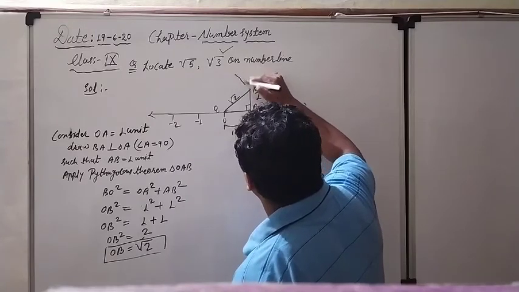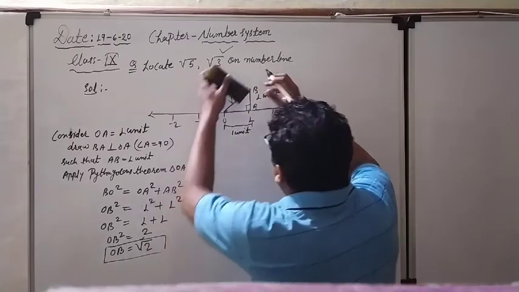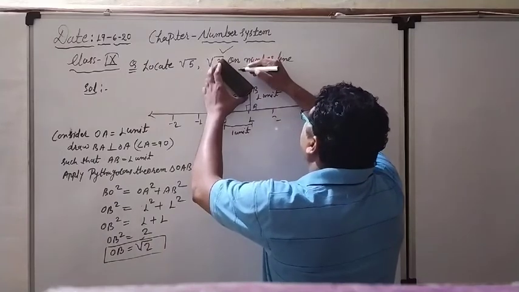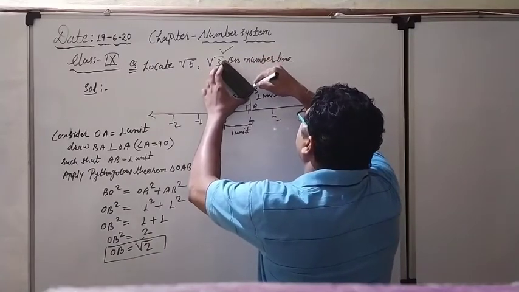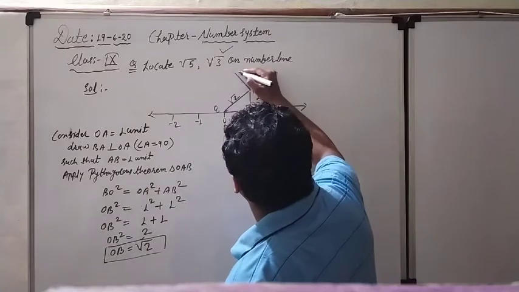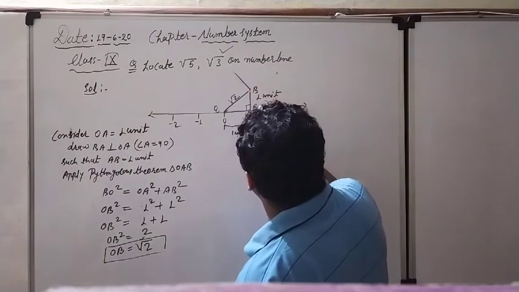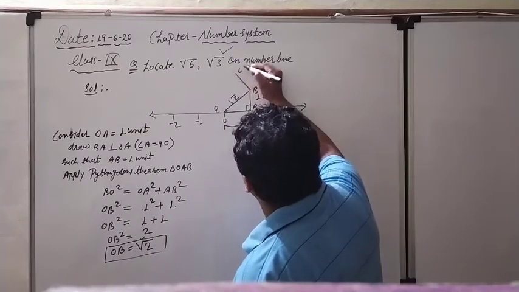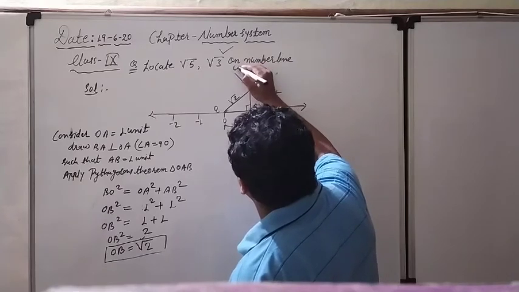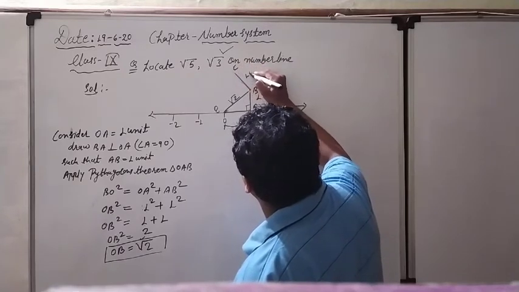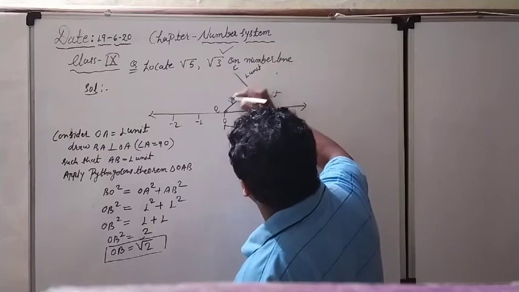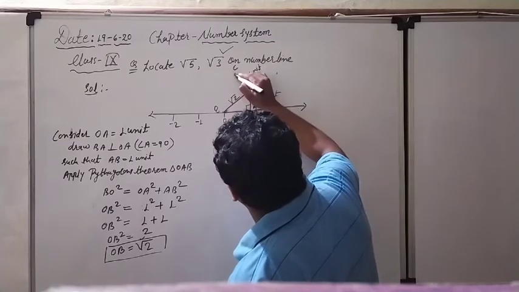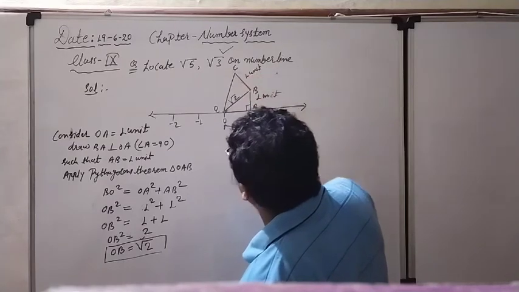See here, I am going to draw one more perpendicular. With the help of the duster you can see nothing. This is again one more perpendicular. Suppose this is the BA, so this is CB. This is CB, no problem. And again it is equal to 1 unit. And according to that, this OC is going to be my hypotenuse.